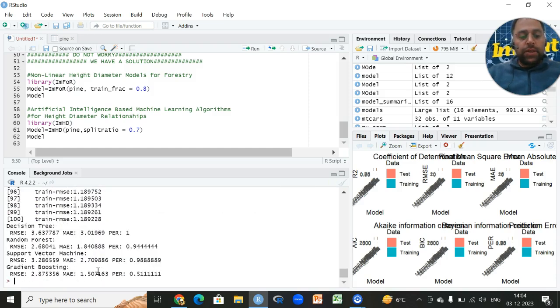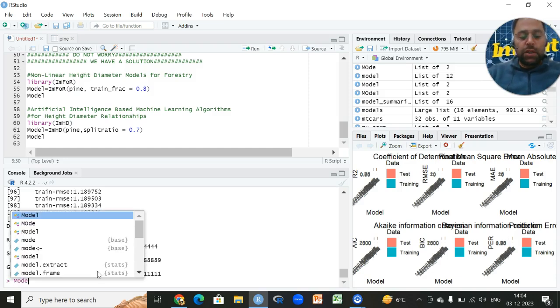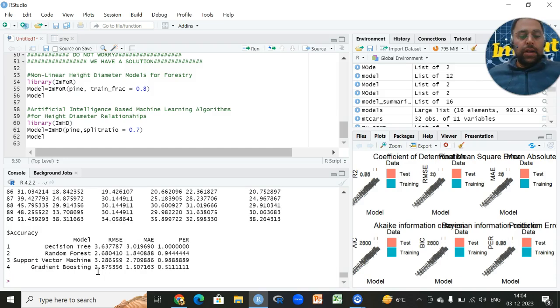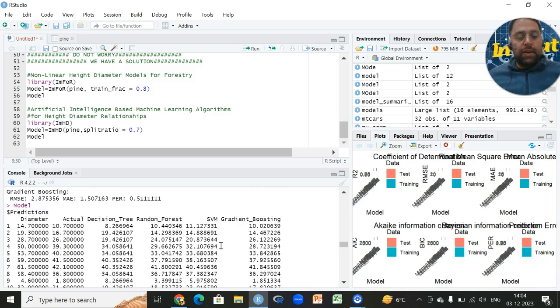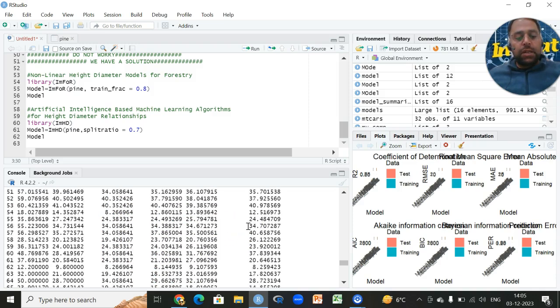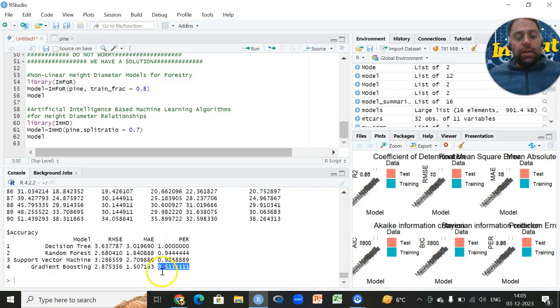All the results within fraction of seconds are available, and here gradient boosting performs better in comparison to the rest of the fitted algorithms. If I write this model here, because this is the name which I have given to the whole function, then I will press on this enter. Here gradient boosting has low values of prediction error rates, and you can find out that these are the predicted values based on this algorithm: decision tree, random forest, support vector machine, and gradient boosting. And as far as the prediction error rates are concerned, they are very low in gradient boosting in comparison to the rest of the fitted algorithms,